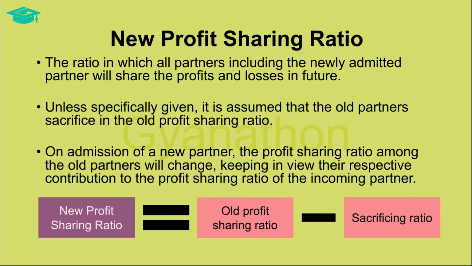New profit sharing ratio is the ratio in which all the partners of the partnership firm, including the newly admitted partner, share the profits and losses of the firm in the future. The old partners surrender their share of profits in favor of the new partner. The new profit sharing ratio is calculated by taking the old profit sharing ratio and deducting the sacrificing ratio from